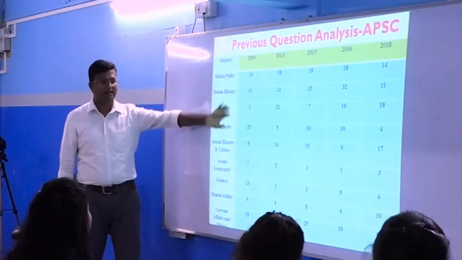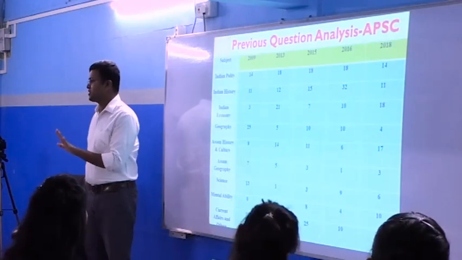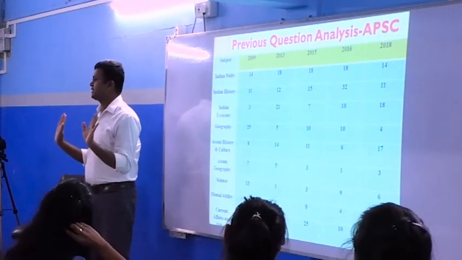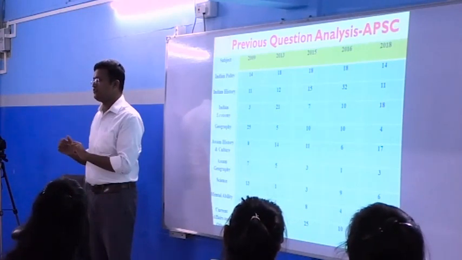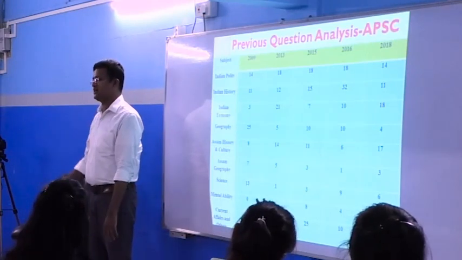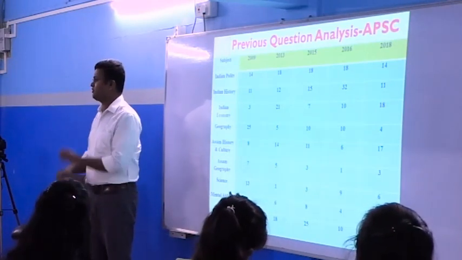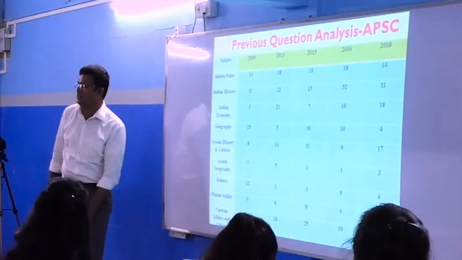One is questions where, if you are studying the conventional textbook, you will 100% get the answers. Second, the dynamic part. If you are studying current affairs, you will get the answer. Third category is where no matter how much you study, you will never get the answer. Some impossible questions they will ask, some 4 to 5 questions that are completely impossible for a human being to answer. They will ask something very strange.